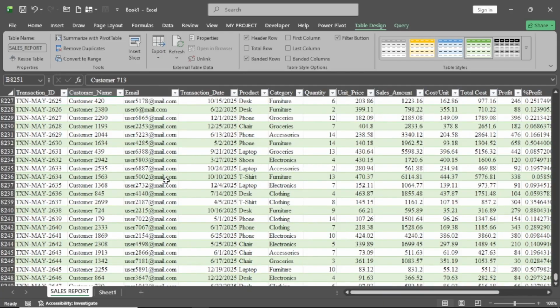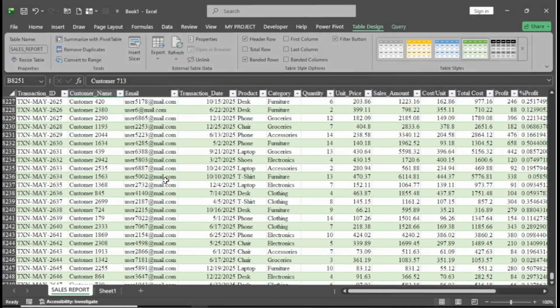And that is how we can automate our data cleaning, combine our multiple files, and then go ahead to do any analysis, whether you design your dashboard, whether you use your pivot table, do some analysis and get some insight. Whenever you receive fresh data and you refresh it, automatically everything will update. And now you have learned a more advanced use case of Power Query in data cleaning. Go ahead